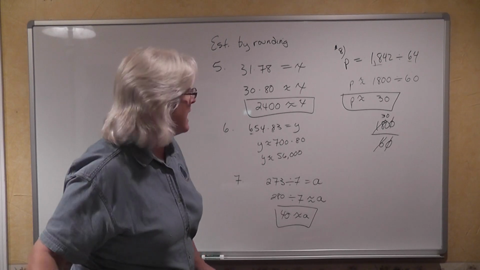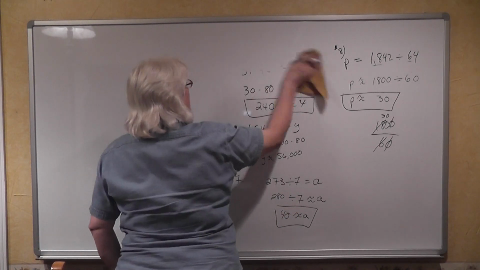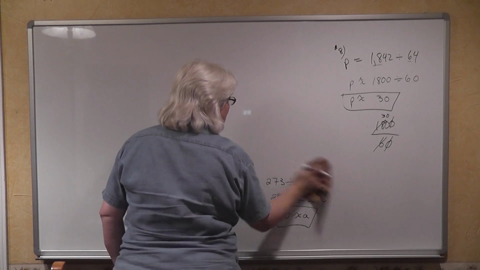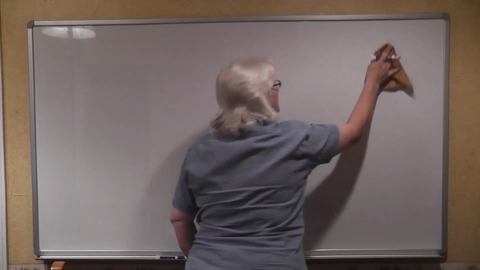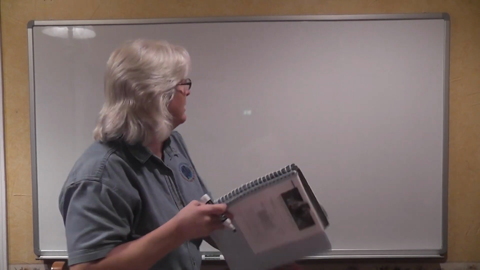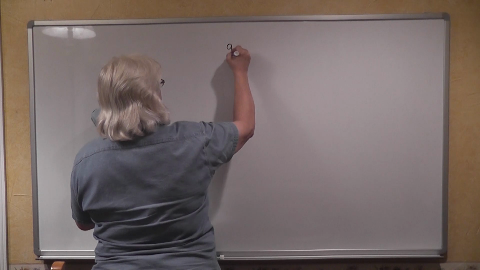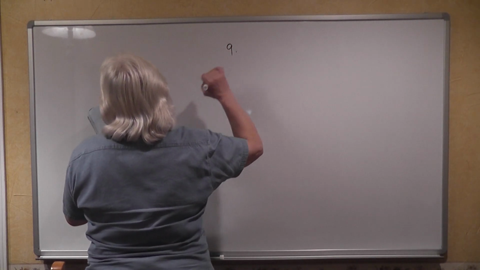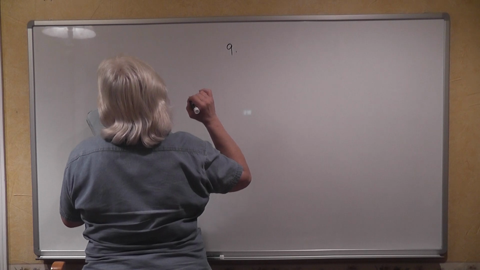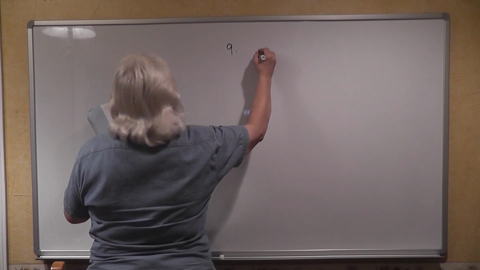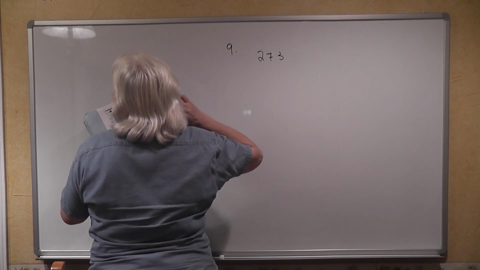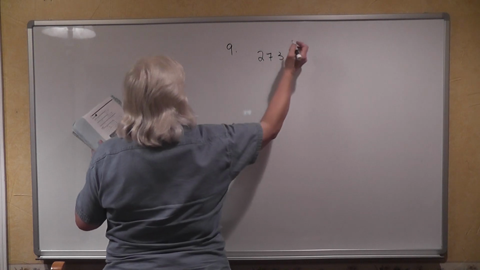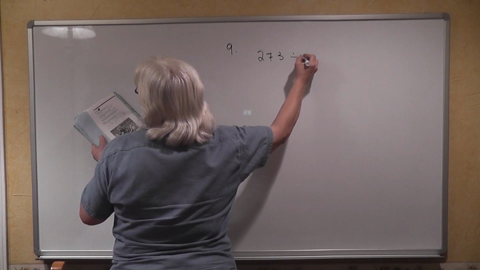Let's go ahead and look at the last 2 examples in the skill check. And these are the ones where they ask you to choose a compatible divisor. This is where you're really just playing around with those numbers until you get a combination that fits properly. So let's look at example 9, or problem 9. This one says, I thought we already did this one. We did one very similar to this. 273. I know we did it. Anyway, 273 divided by 7